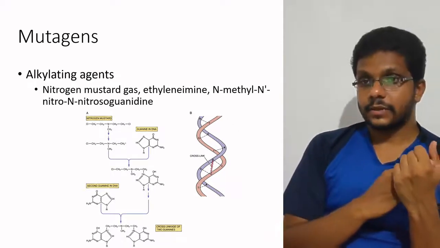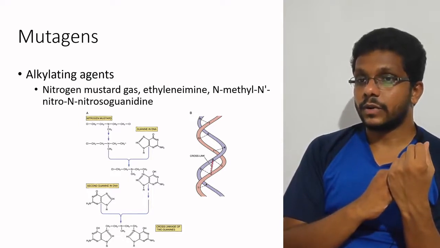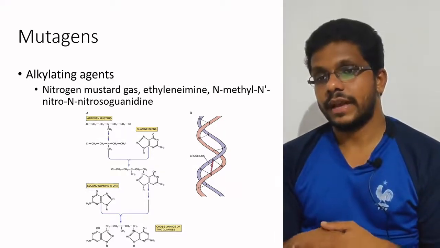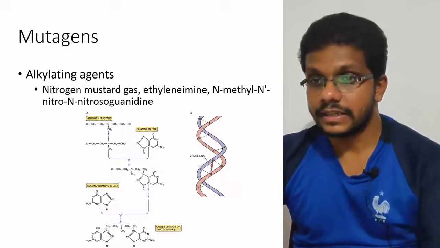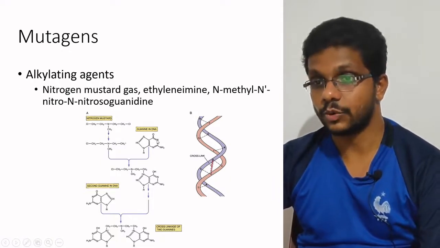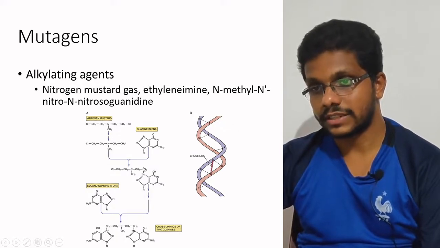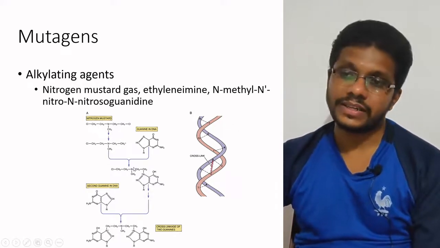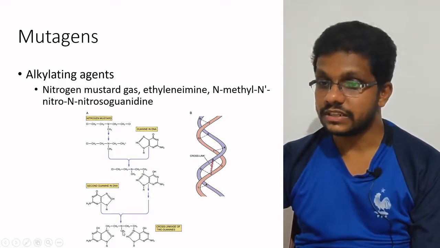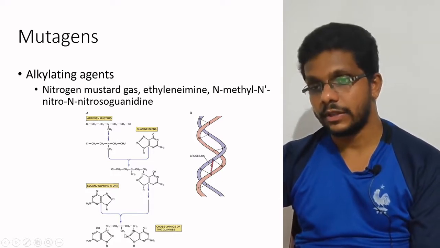The alkylating agents include nitrogen mustard, ethylenimine, and N-methyl-N'-nitro-N-nitrosoguanidine. If you think about the mechanism of action of these alkylating agents, for example, nitrogen mustard reacts with guanine to produce a complex. Here we have the guanine complex with the nitrogen mustard. Once the guanine gets a nitrogen mustard complex, what will it do? It reacts with the neighboring guanine to form a cross linkage of two guanines.